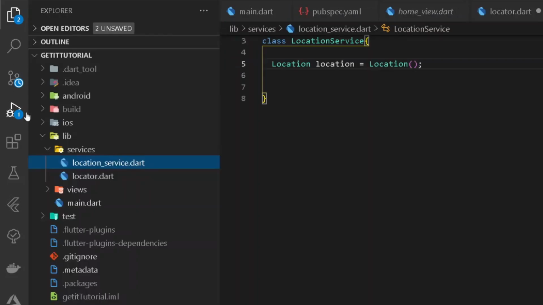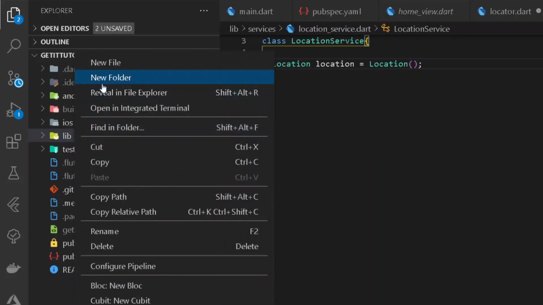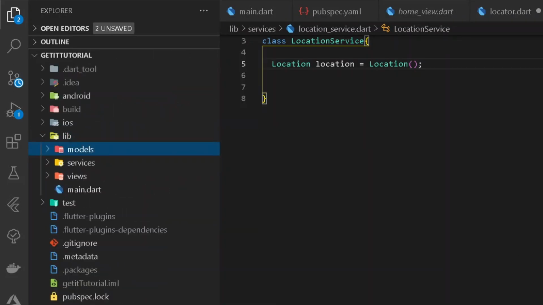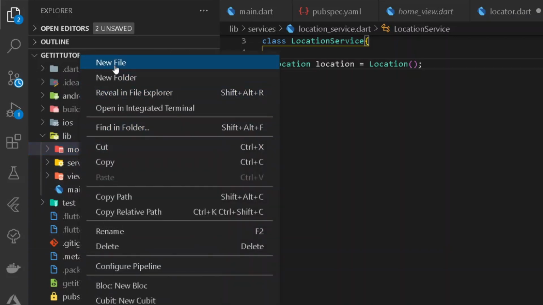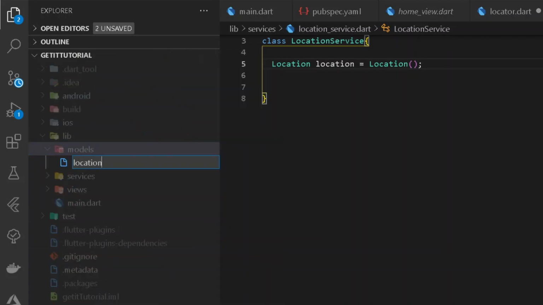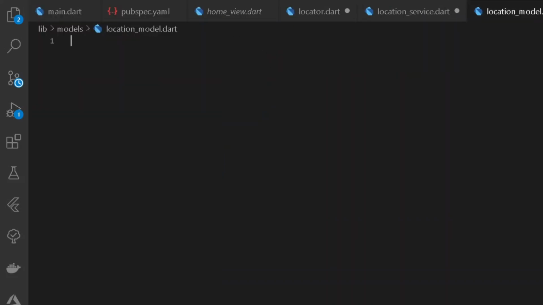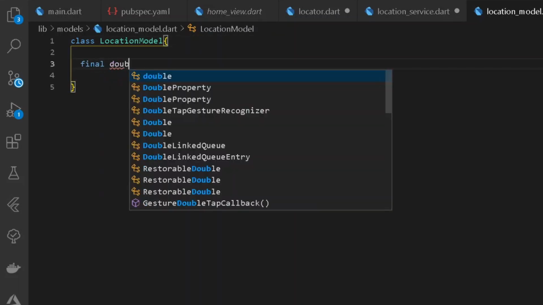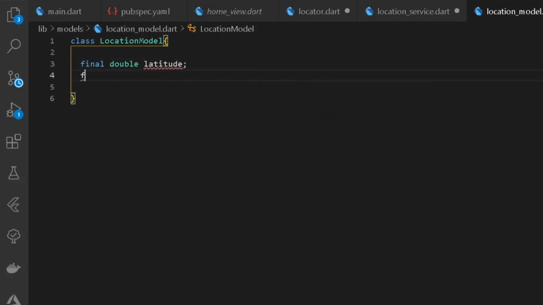So for that let's create a new folder for all the models, and under model I shall be creating a new file for location model. Under our location model it shall consist of two final values in the form of double, one for latitude and one more final double for longitude.